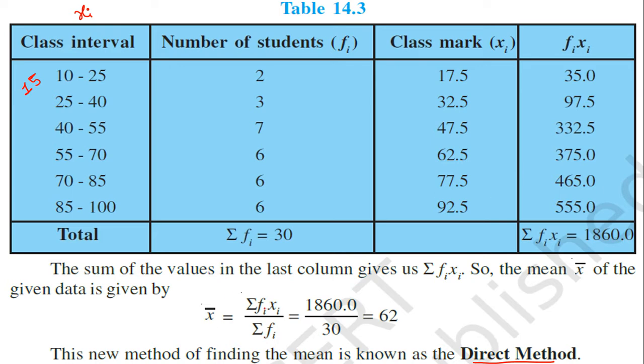So the multiplication of fi and xi we want. This is the fi, this is the xi, so multiplication of both we require, and then the summation. This is the sigma, and you all know sigma is nothing but the summation, addition. So summation is required, but for this summation, first of all, multiplication is required. You may say, sir, we can easily do this.